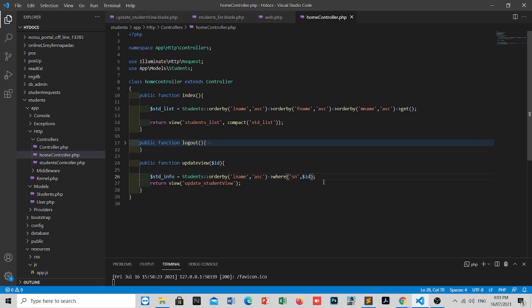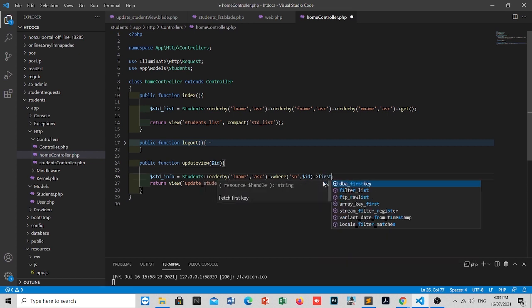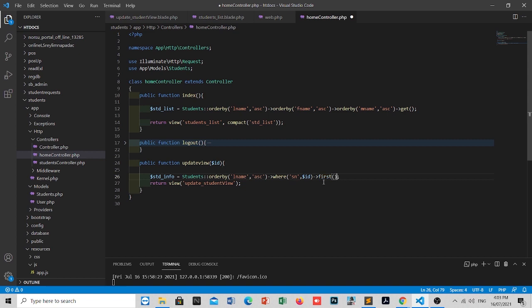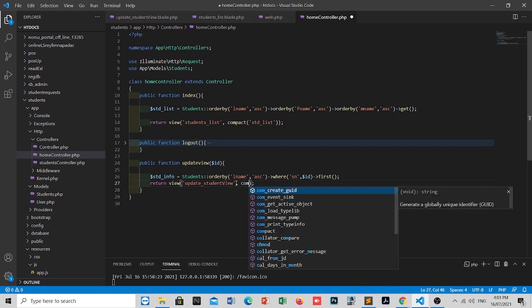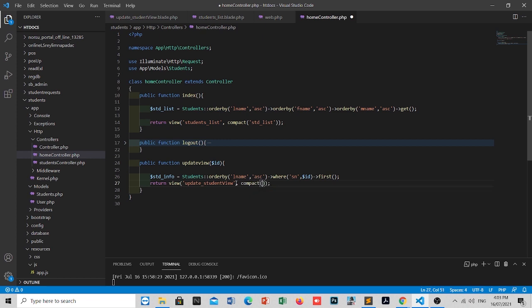Okay, so atong gamiton since usara ka row ang gibutang, so let's just put first, and then next is same dire atong gibutangan og compact, and then ito ang kwaon ning name sa aning variable std info,